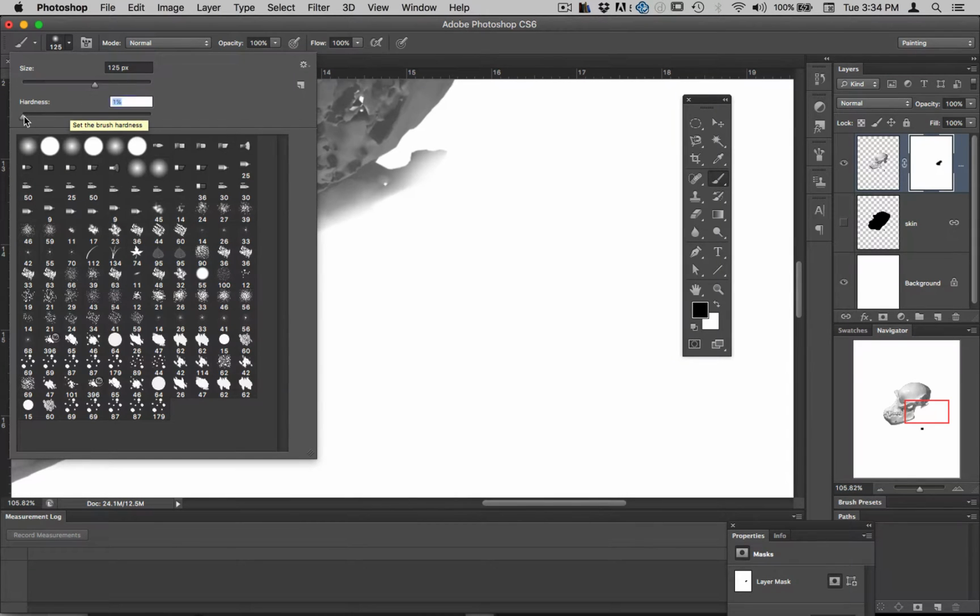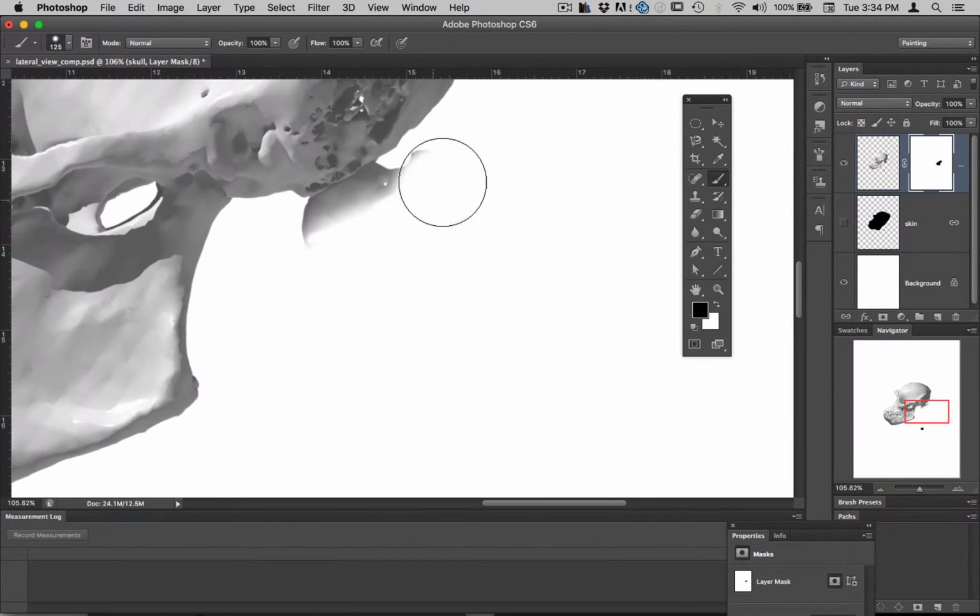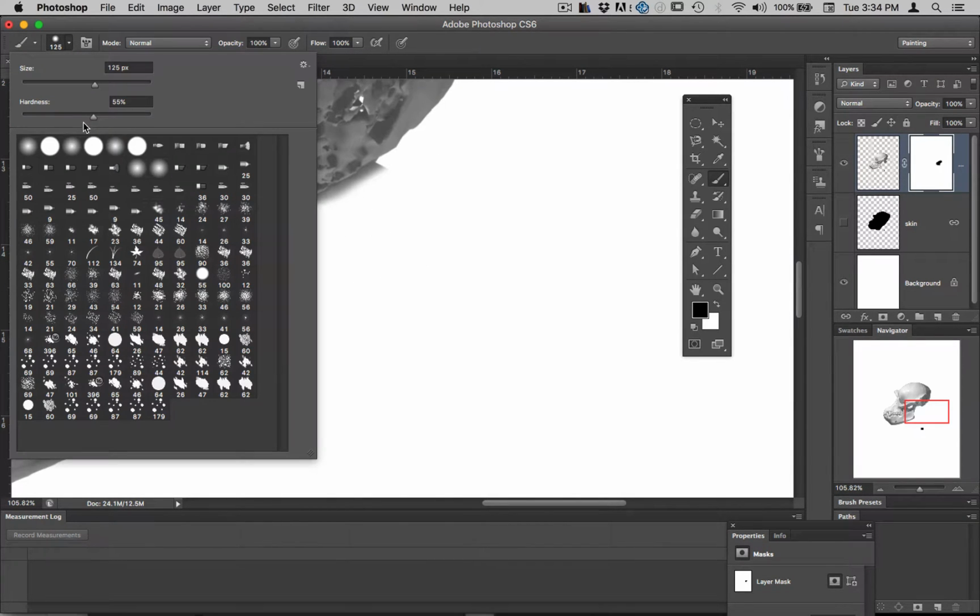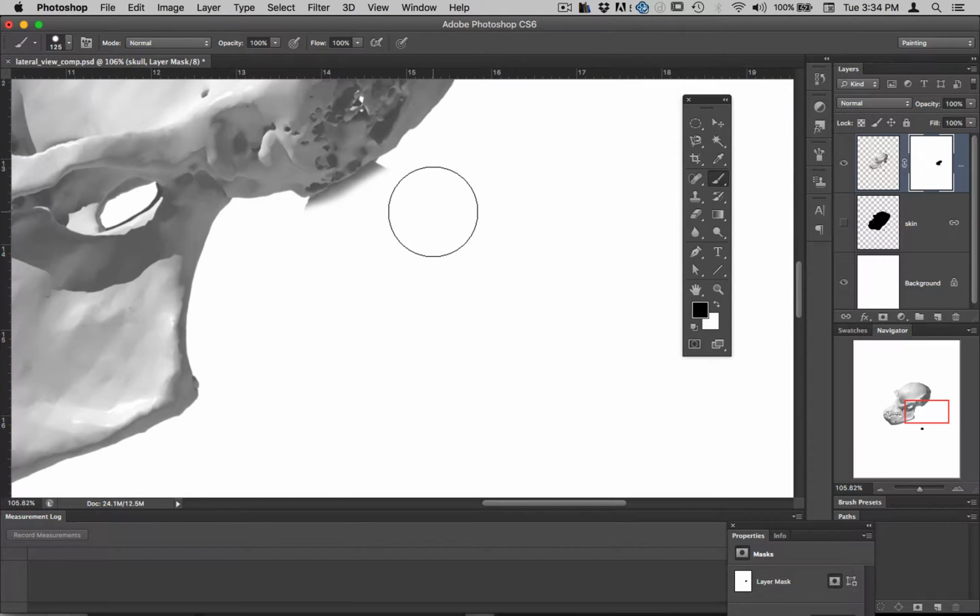And you can change the hardness, so how soft the edge is here. So I'll make it a little bit harder so the soft edge doesn't go onto the skull. Now in this case I'll probably just use a hard brush and turn it all the way up to 100. Even make it smaller as I get in closer here and I want to mask out that